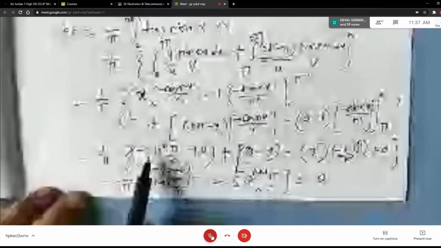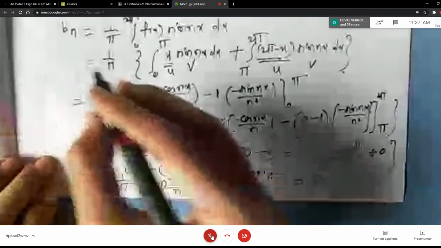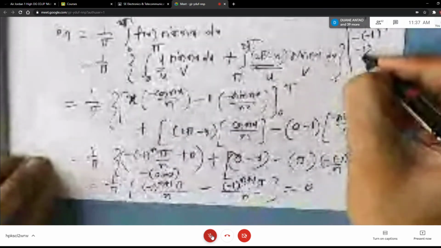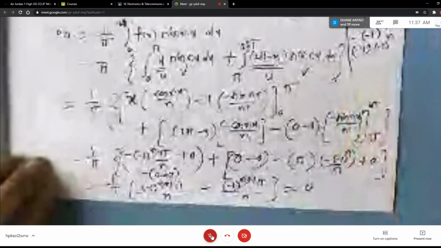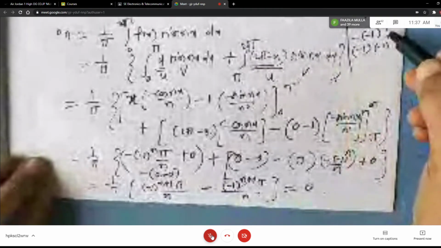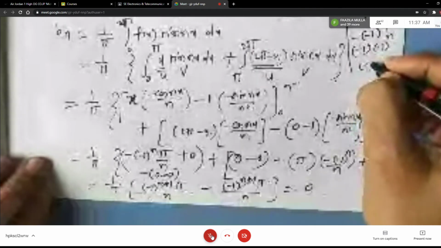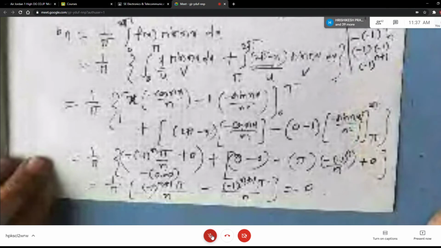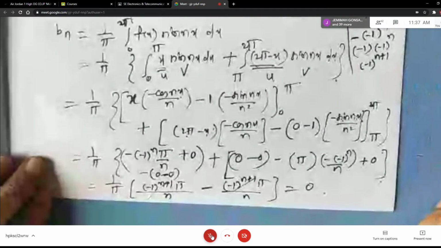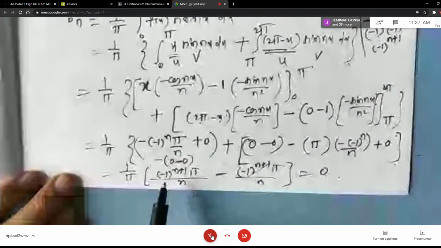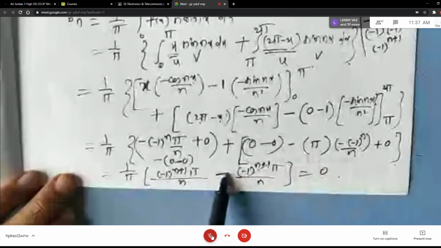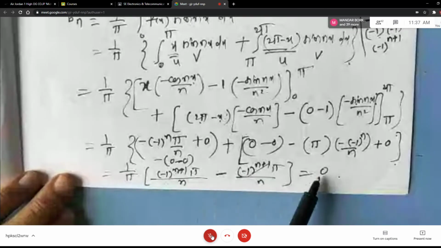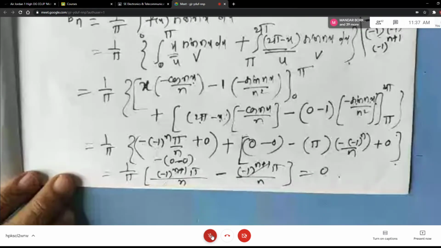Now see, students, here what I have done, when I write minus of minus 1 raised to n, see carefully, isn't it minus 1 into minus 1 raised to n? See here what I am writing. When the base is same, I can add the exponent, no? So n plus 1 it will be. So when the negative sign is outside, you can write it as minus 1 raised to n plus 1. So same thing I have done here. But this minus sign is extra here, so it is reflecting. So it is the same term with opposite signs, and therefore you are getting Bn is equal to 0.